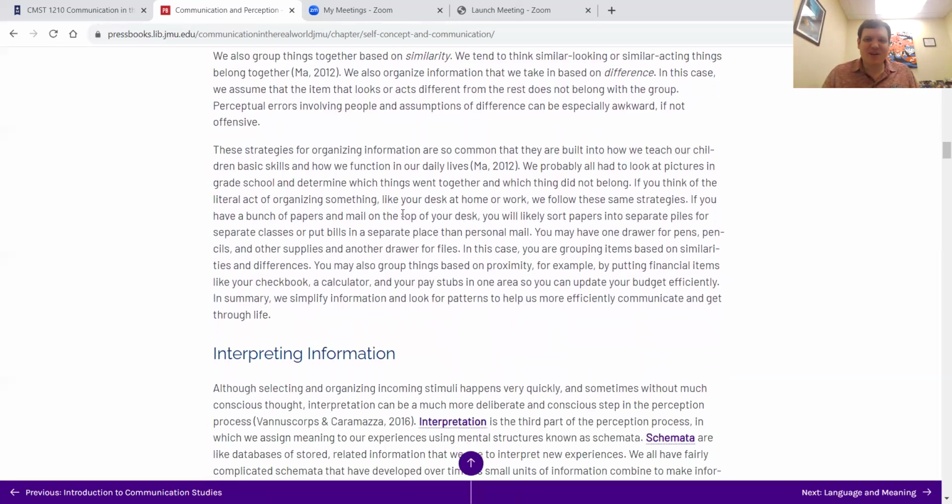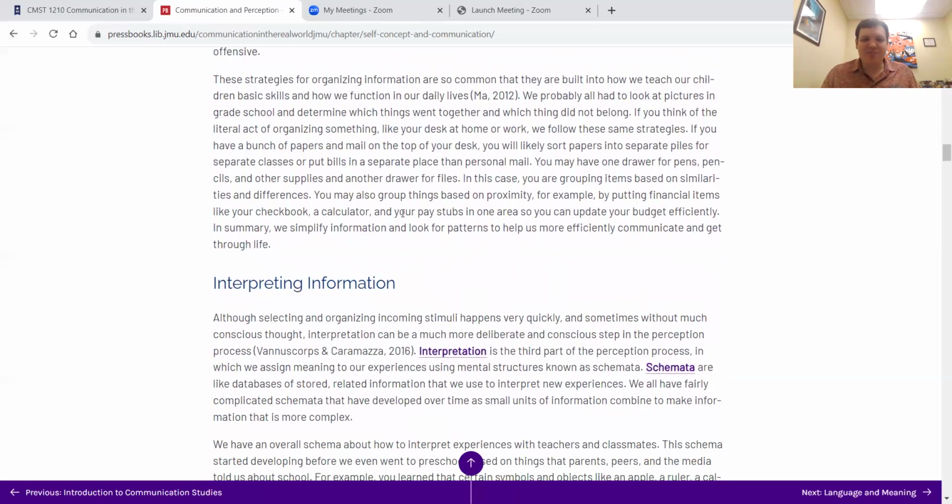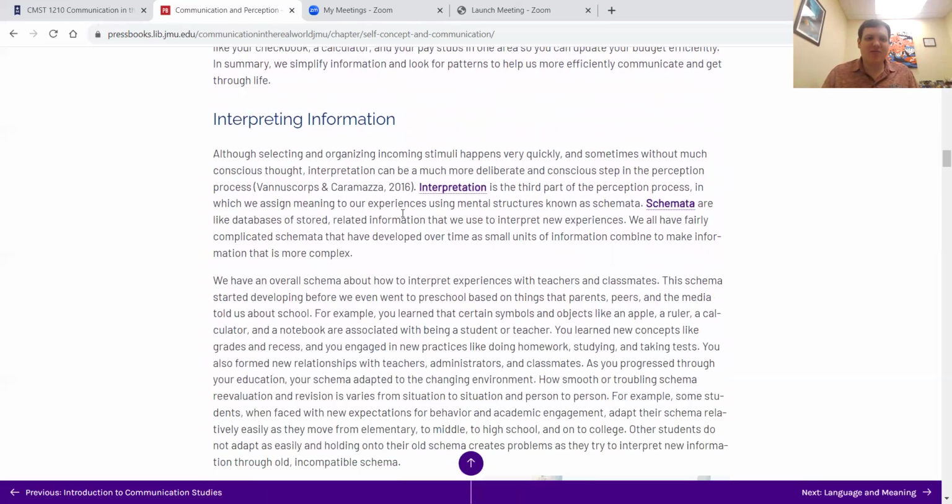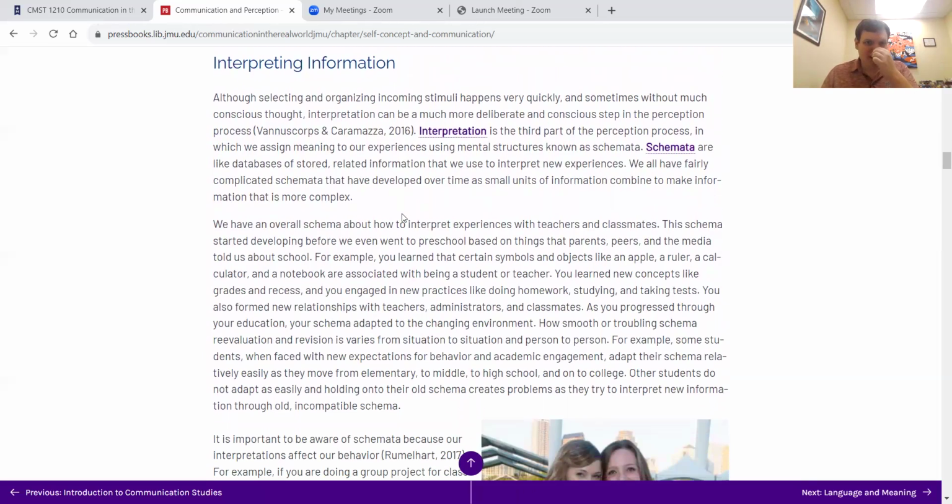You're going to organize information. It happens all the time, often on an unconscious level, just as we develop and have different ways that we have learned to categorize it. So the last step in the perception process is interpreting. I talked in some depth about the selecting and organizing process, and you can learn a lot more about that if you're really interested, but it actually happens very quickly. Often we go straight to the interpreting step so that we don't even pay attention to the fact that we're selecting or organizing the information. We're just interpreting and making sense of it.